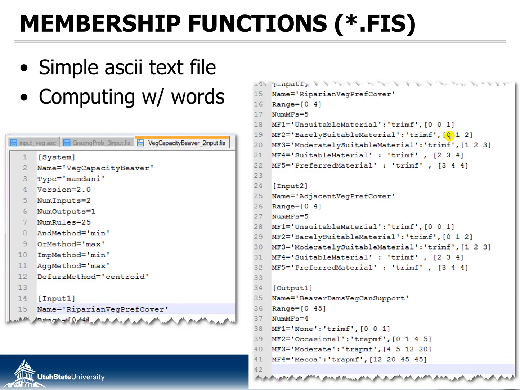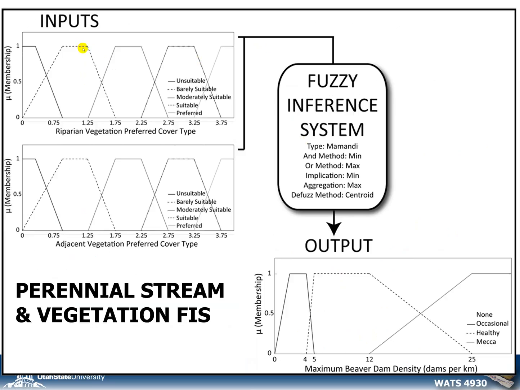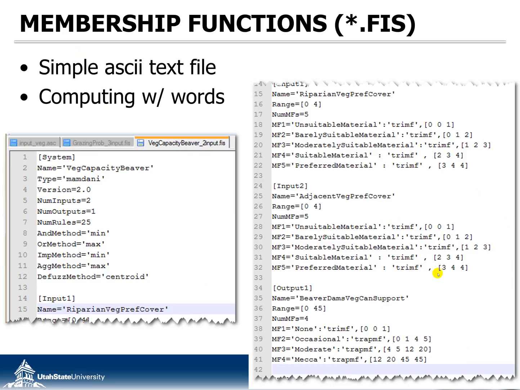And then I have the specification of triangular membership functions, or I can have trapezoidal membership functions. And so these actually in this picture are trapezoidal. A triangular would be one that just had a 1, 2, 3, right? And so what you can do is see that, for unsuitable it's triangular, so the first vertex would have been 0. The second vertex also 0, and then the third would go on up to 1, and then there's this overlap with the next one. We'll see they overlap at 0 and 1, 0 and 1, and so this is the peak membership at 1, and then 2, and so 1 and 2 overlap here, 2 and 3, 2 and 3 overlap there, 3 and 4, 3 and 4 overlap there,